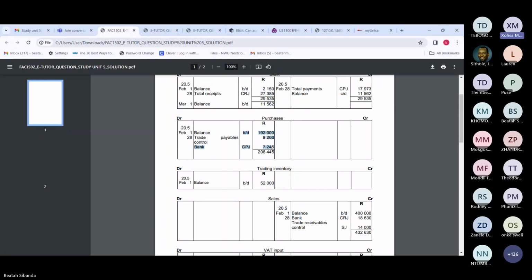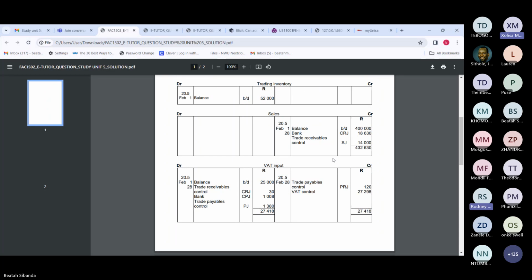Do you see that the general ledger there that says purchases? Can you see that? Yes, I saw that, sir. But look at the contra account there. It's bank. Why is it bank? Because you debited your purchases 7245, right? You debited your input VAT 1008. Your credit, your contra account, was bank. Are you following? Okay, but so you can't use purchases as the account. No, because that's not the